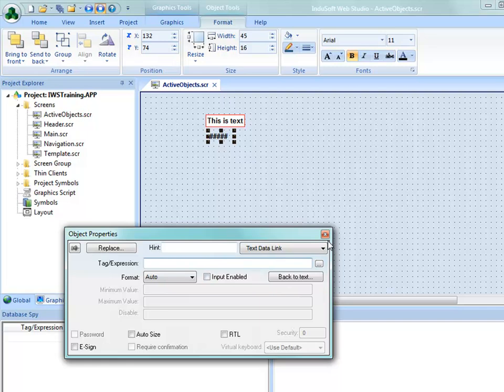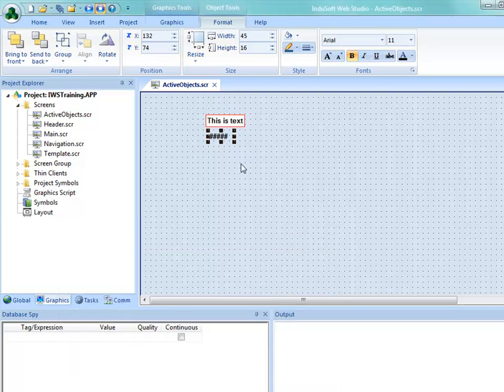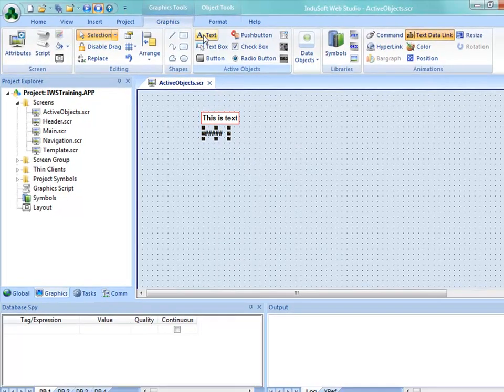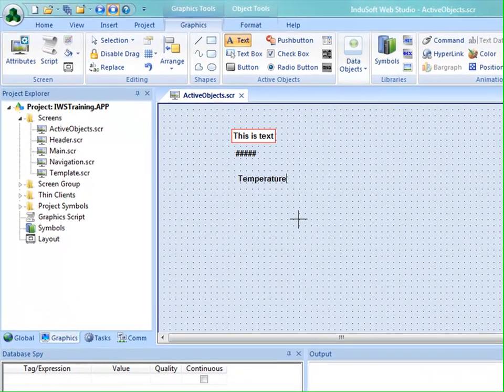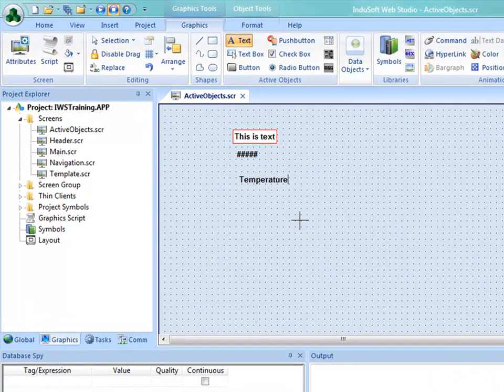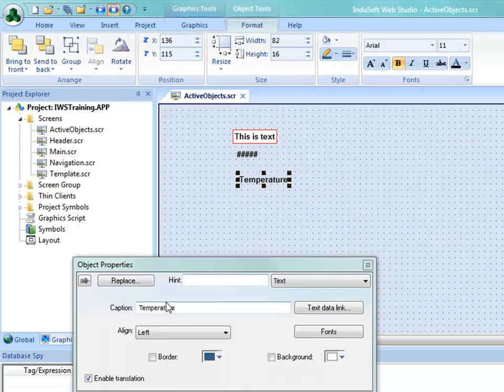Again, we'll cover that animation in a different video. But another alternative to this is, let's say we had a temperature value that we wanted to display. I can type the word temperature, and notice that I still do not have the text data link animation available to me. If I hit enter and open up the properties of this, I can see that my caption is temperature, but